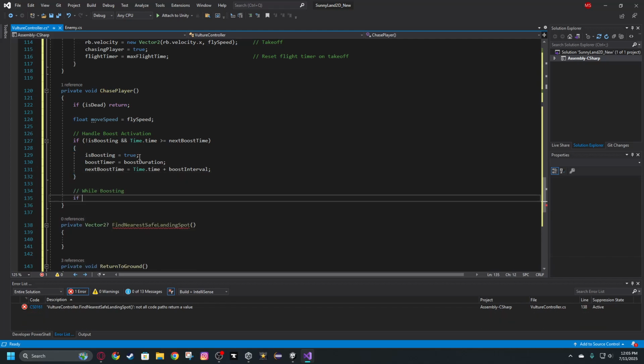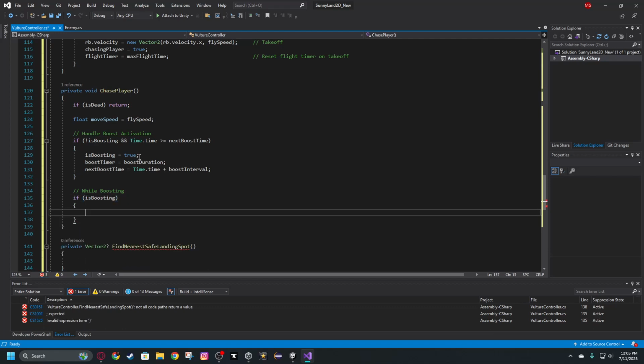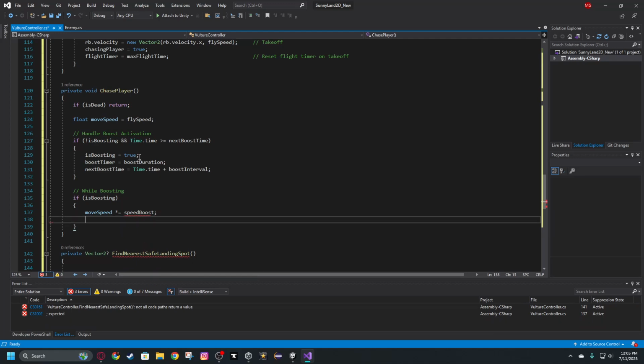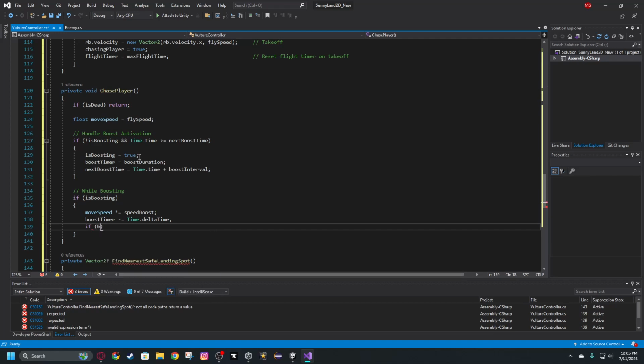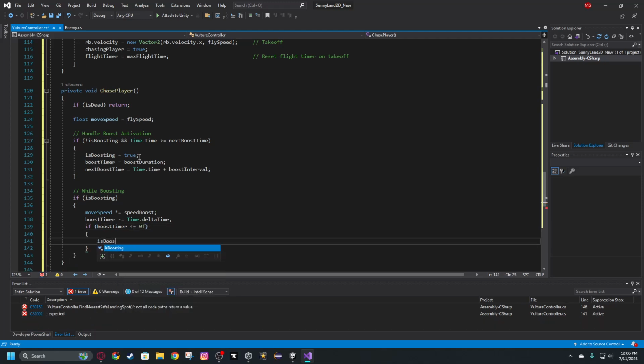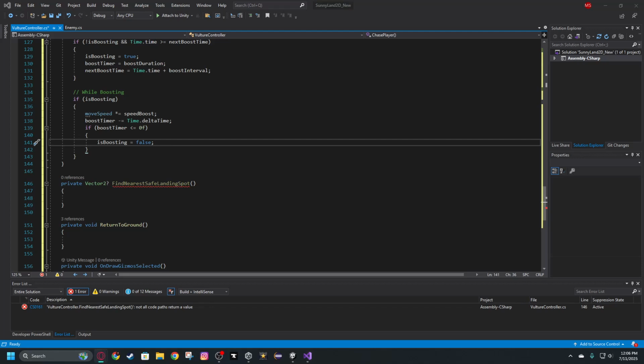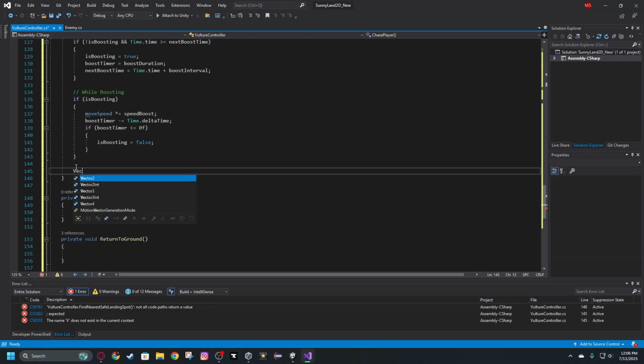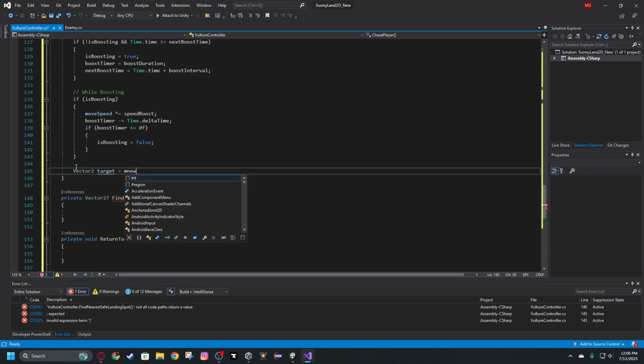Like while boosting, if boosting, new speed times equals speed boost, then boost timer minus equals time.deltaTime. If boost timer is less than 0, is boosting equals false. Now it adds more math stuff, just go back to